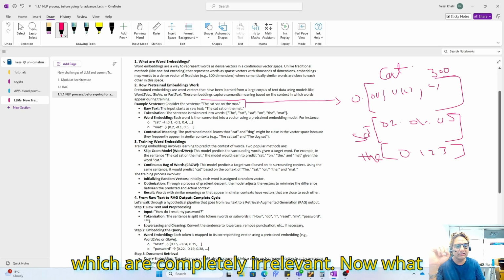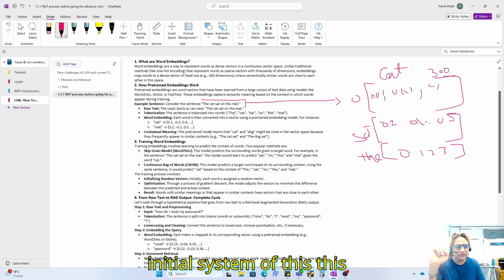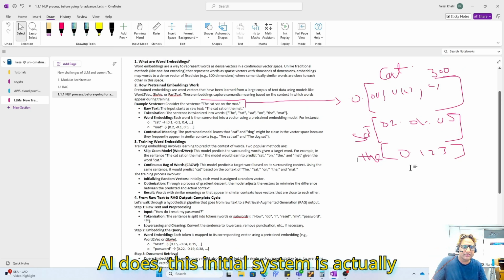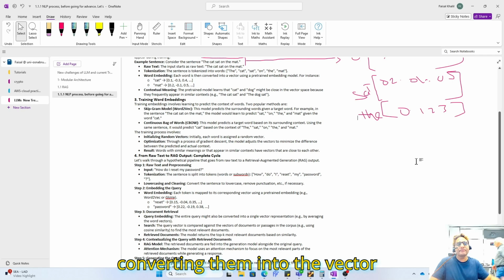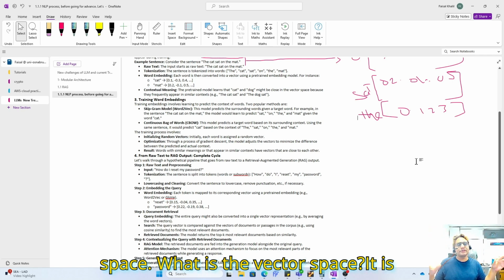Now, what the initial system of this AI does is convert them into a vector space. What is the vector space?